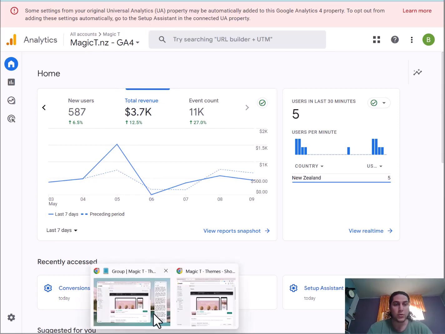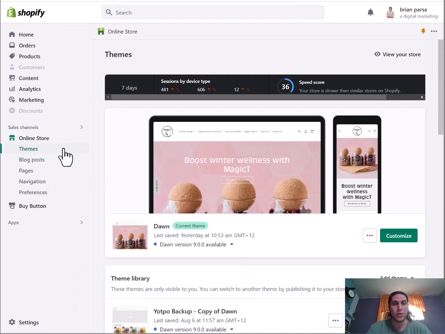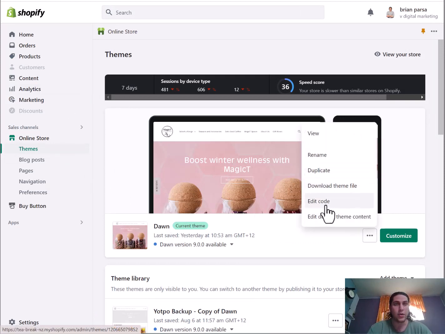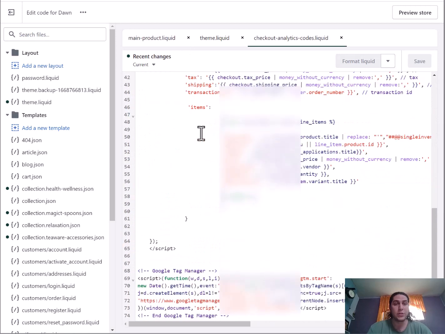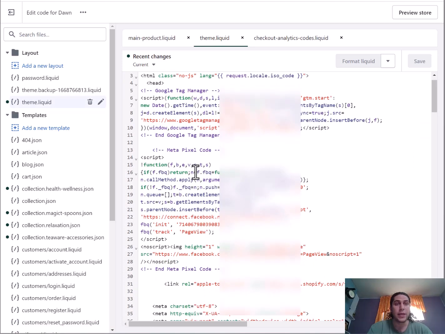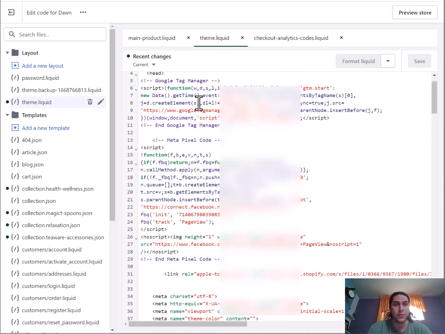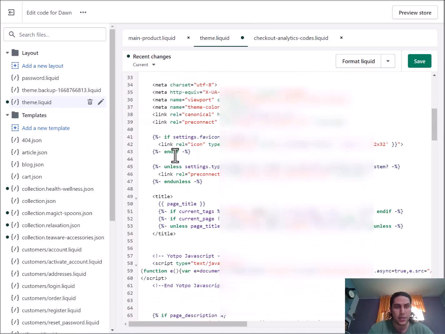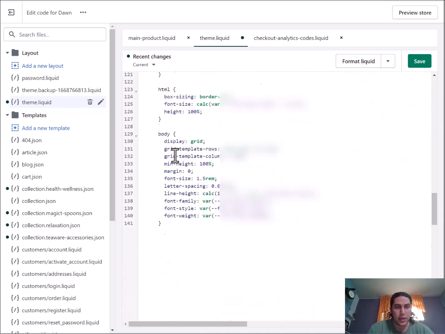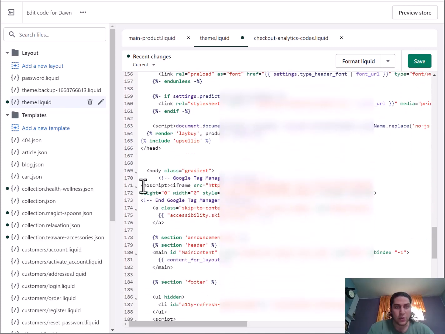So we go to our Shopify website here, go to our themes, and click on Edit Code. I already have it open here. And you just need to paste your Google Tag Manager code in the head section of the theme.liquid file. So this is the script tag of Tag Manager that is installed within the head section of the website, and if you scroll down you can see that we have also installed the no script tag within the body section of the website. You can click on save and